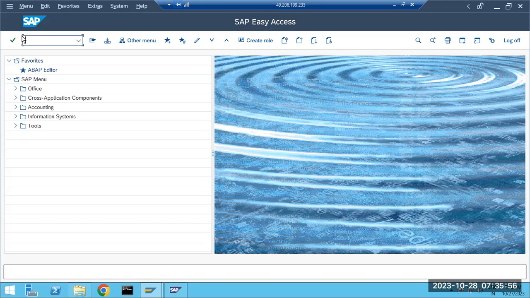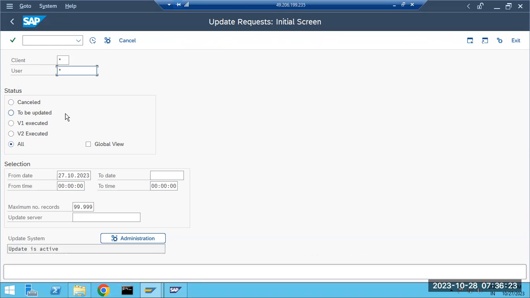Why? Because each and every work process has its own responsibility. In dialog, the user logs in and does the transaction. Once the user is done with the transaction, who will update? The update work process will update the records into the table level. Here in